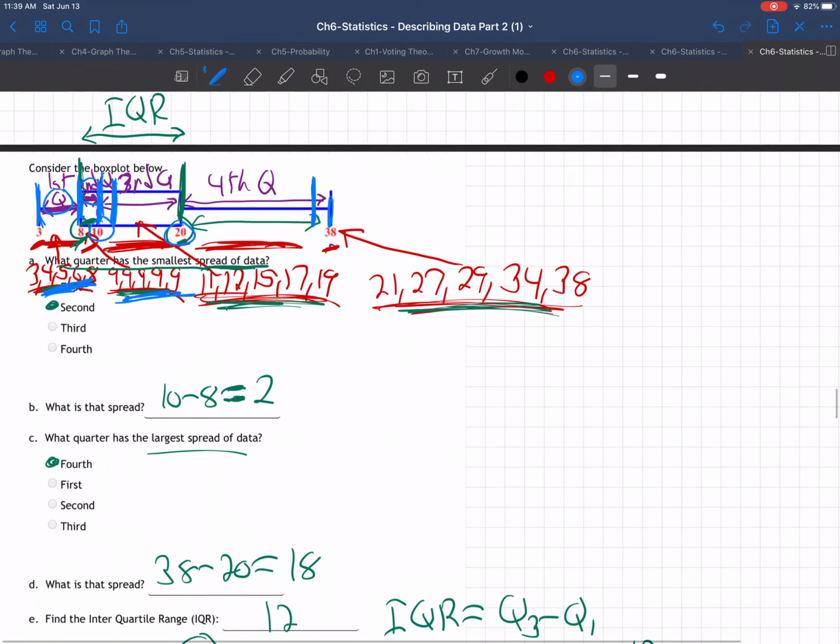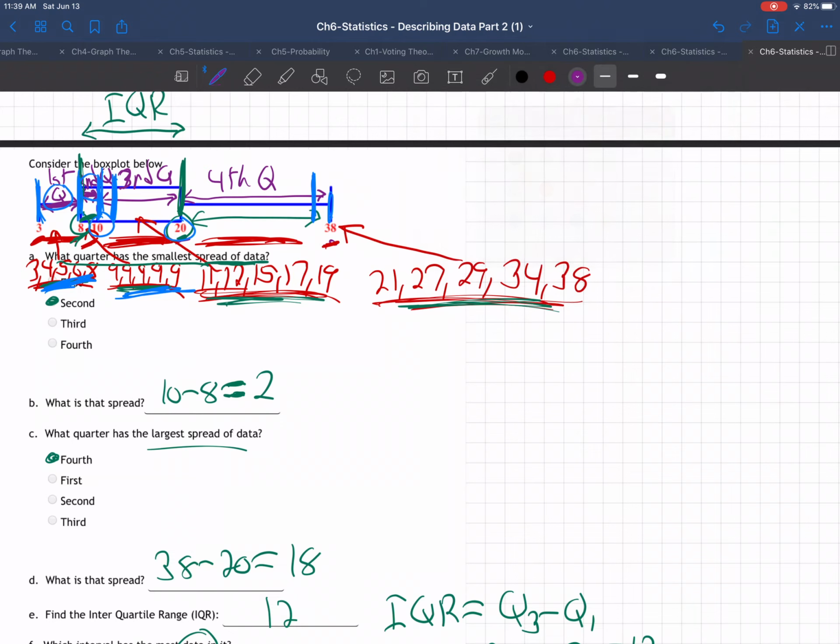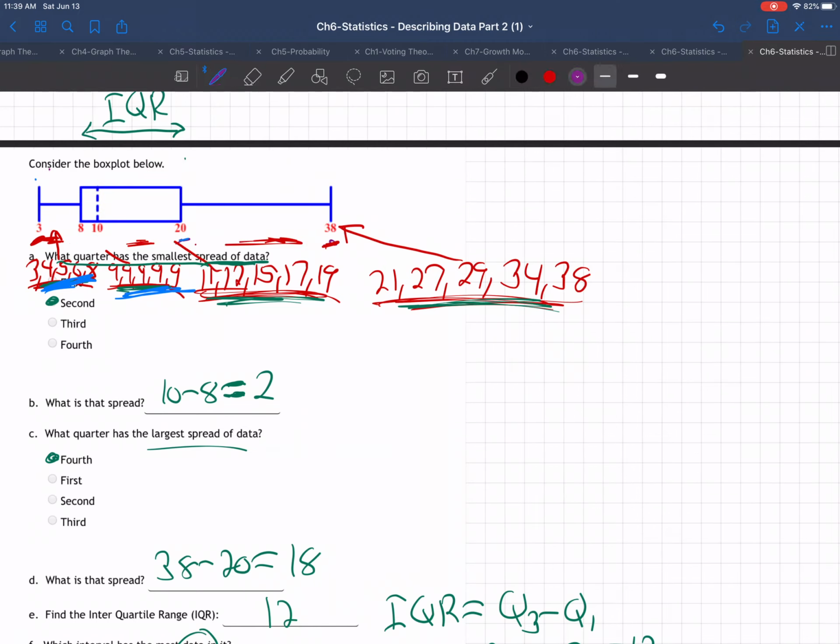Well, remember, halfway has to be right here. So right here, that's halfway, right? Why is that halfway? Because remember, this is the first quarter, second quarter, third quarter, fourth quarter. So even though it doesn't spatially seem to be halfway, half the data values must end right there, because 1 quarter of all the data values are here, the next quarter here, so half the data values are between 3 and 10. So that's halfway,